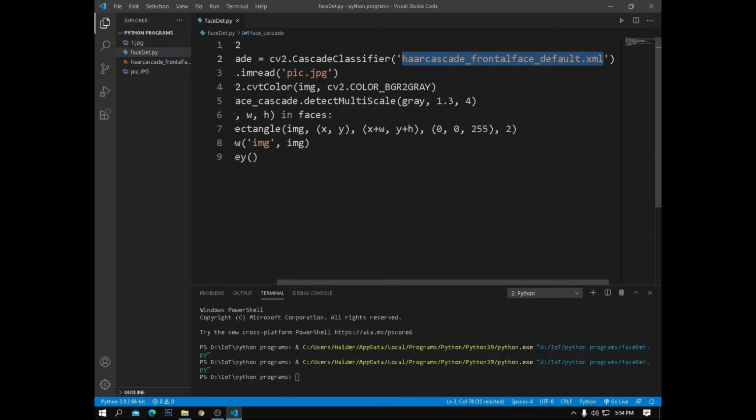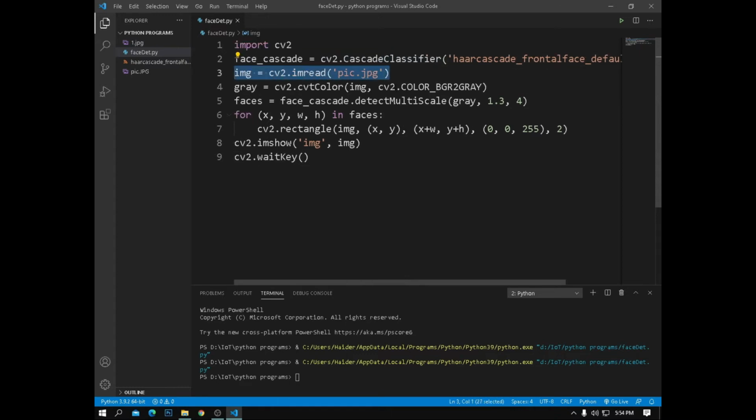After that, once you have the classifier, you need to load the image. This is the command, which is basically used to read the input image. This is our image.